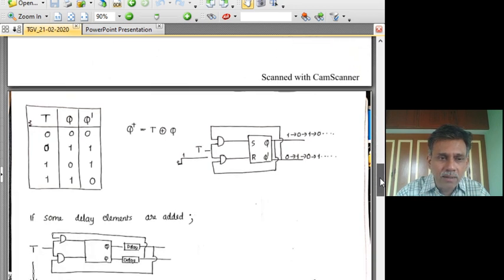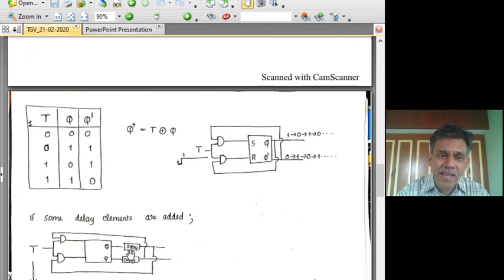So how do we do that? We can achieve that by adding a delay element. We could carefully plan and give a pulse width in T so that the effect of toggling occurs only once, but such a design will be very difficult. The pulse width has to be very narrow, of the order of 5 nanoseconds if the propagation delay of these gates is just 5 nanoseconds. And again it is varying, so it will be difficult to design.